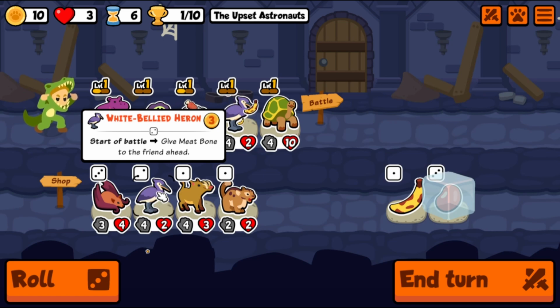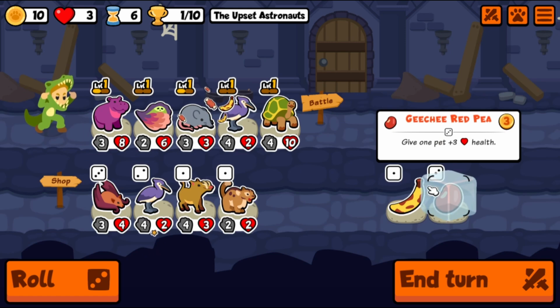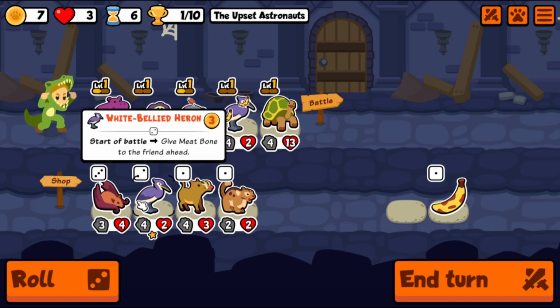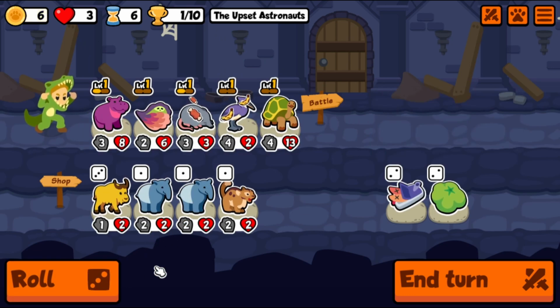Okay, I think this ups the meat bone distribution ratio. Which long term, I don't know if we want to stick with the white-bellied heron, right? We have some other stuff we may want to stick with, in fact. Not this team, but, you know, future animals. I could get another... I mean,